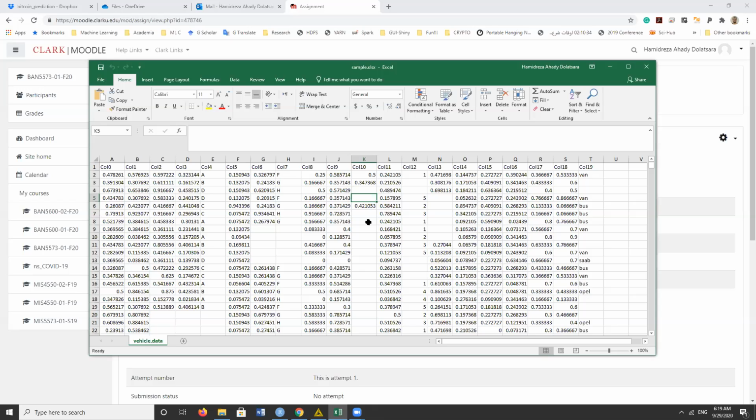For me, column 4, column 7, column 12, and column 19 should be considered as string or categorical variables, and the remaining should be numerical. Then I should take care of